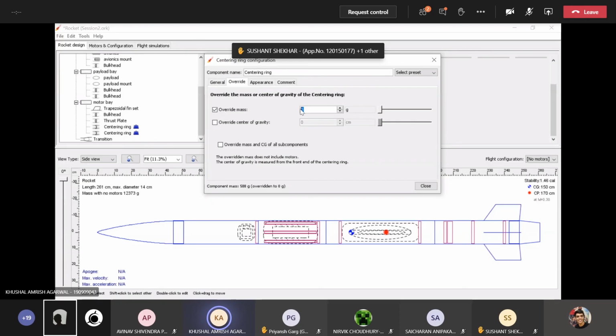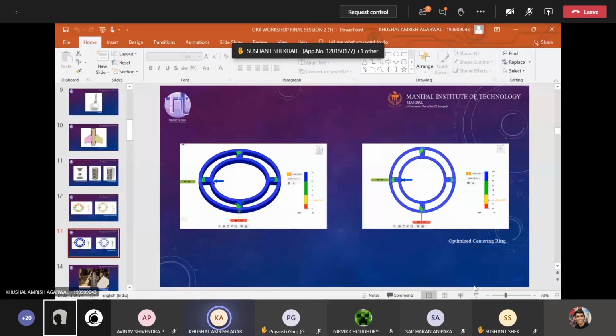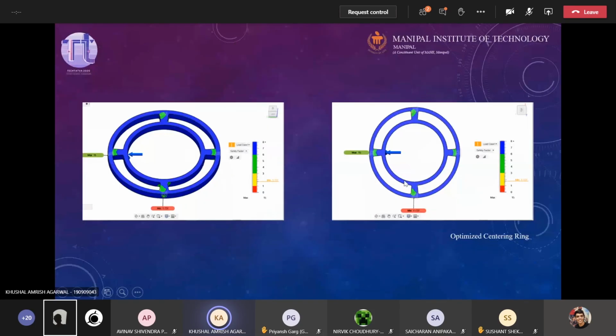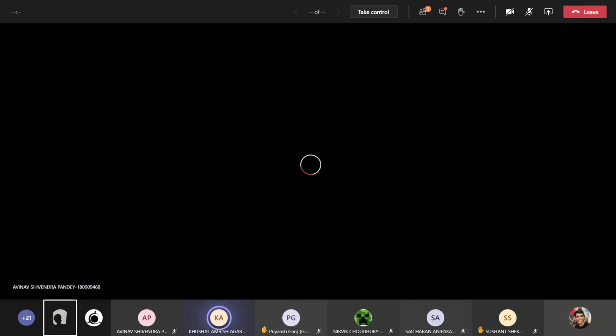So this is again a very important aspect in manufacturing, where you need to change the material weight after you get the actual manufactured components and after you have optimized them to best reduce the weight. Now this brings me to the last part of my section, that is the assembly of the rocket. Finally, you assemble all the sections in the fuselage together, and you bolt them. Now, the things to keep in mind are that the payload and the avionics mount need to be assembled very carefully, because these are the,